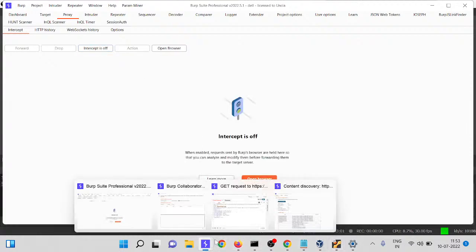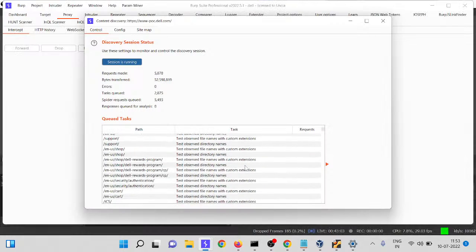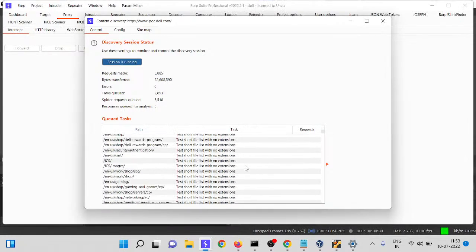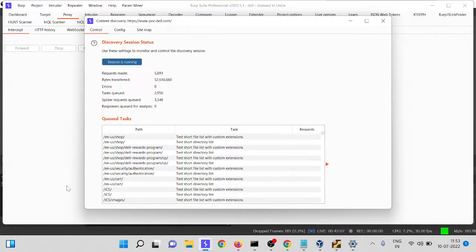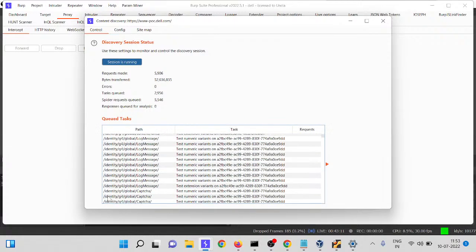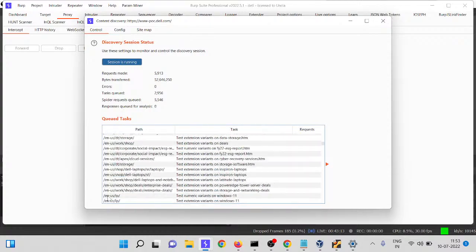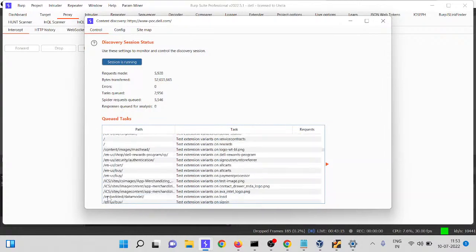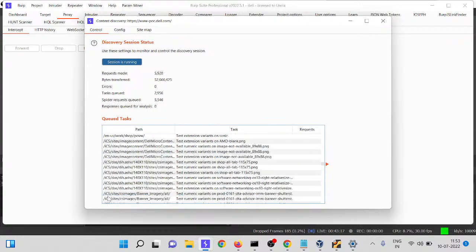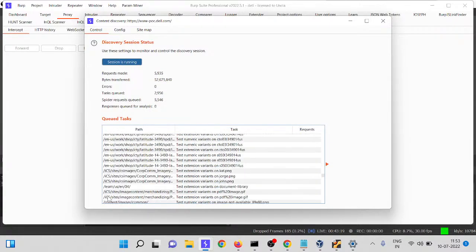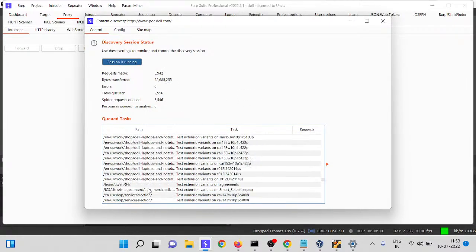We have a content discovery here also. So you can see there is a directory ICS, and you can try the same on it, find anything. So this is about inbuilt content discovery.